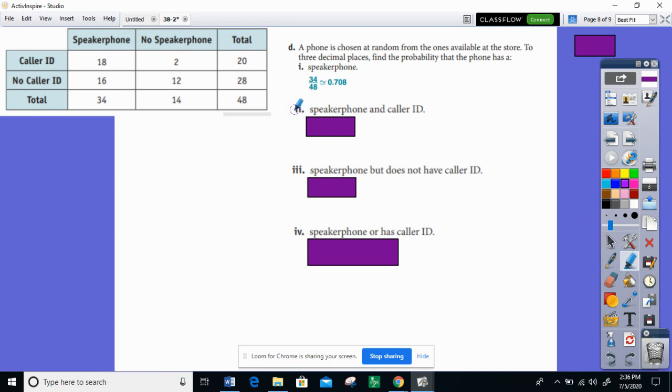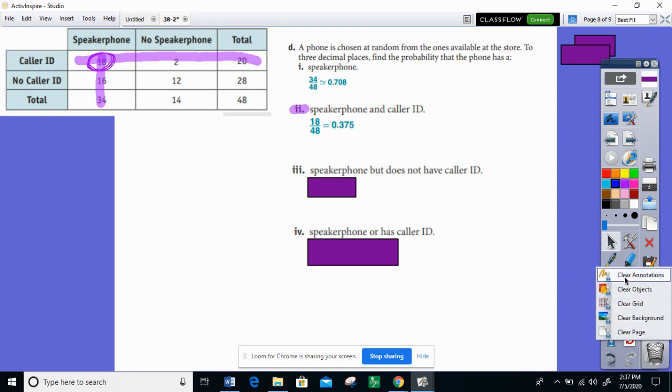What's the probability that a phone has a speakerphone and caller ID? So here are the speakerphones. Here are the caller ID phones. So if we highlight both of those rows, both this row and this column, we're interested in where that row and column intersect. So that gives us 18 phones that are speakerphones and have caller ID. So that gives us a probability of